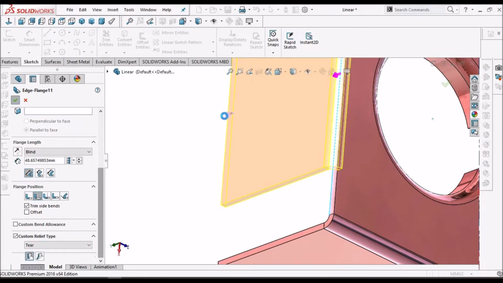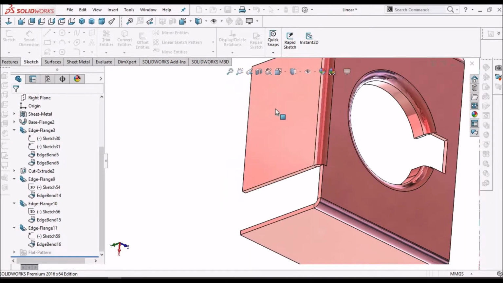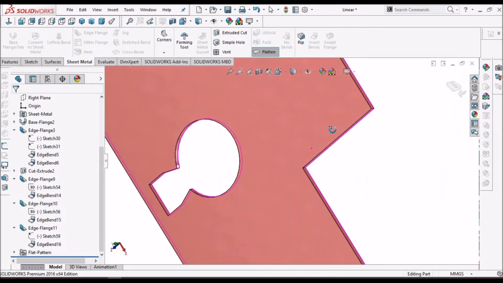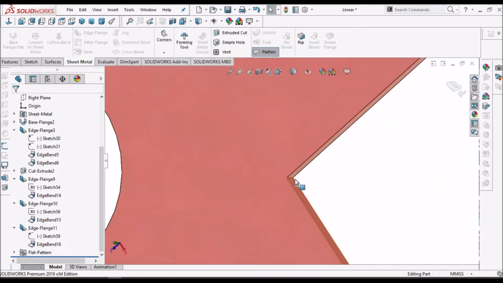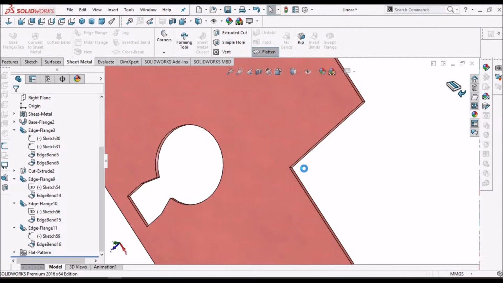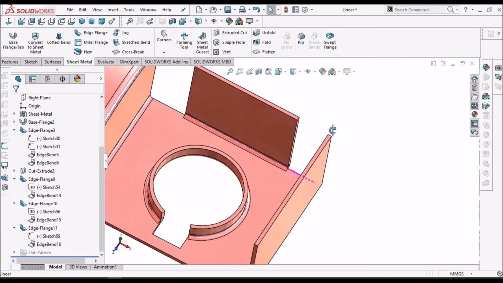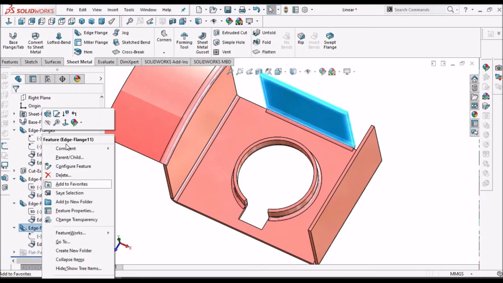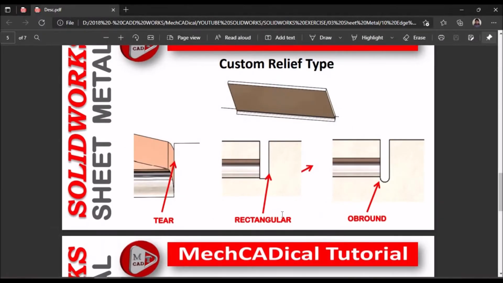So this tear option, see, there will be very minimal tearing in the sheet. So this tear option is applicable for very thin sheets. So when sheet thickness increases, then we have to go for either rectangular or oblong.